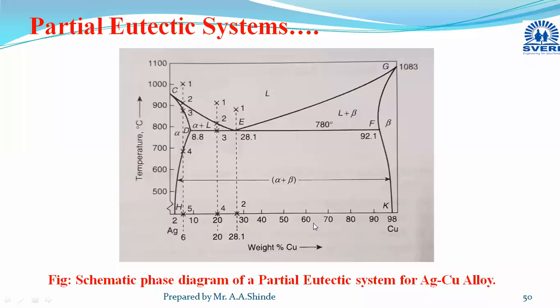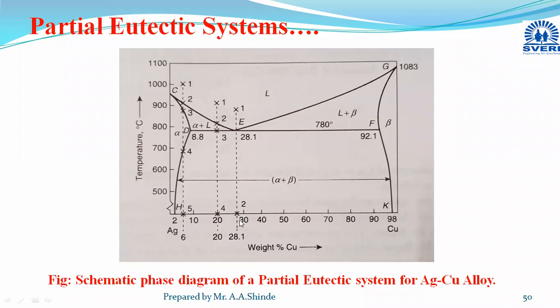Now here I have taken this silver and copper system, and I have collected this from a book only. If it is not possible for you to remember the exact compositions, you can assume some points for this particular diagram. They are not going to ask you the specific compositions. What is important is that you understand the curves here at the point E. This is the eutectic point, and this will be your eutectic alloy.